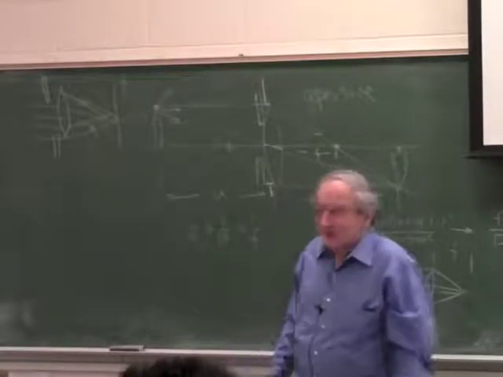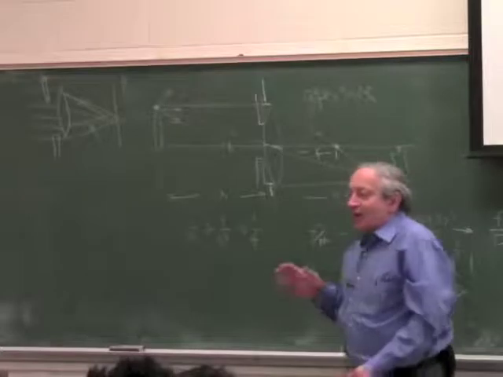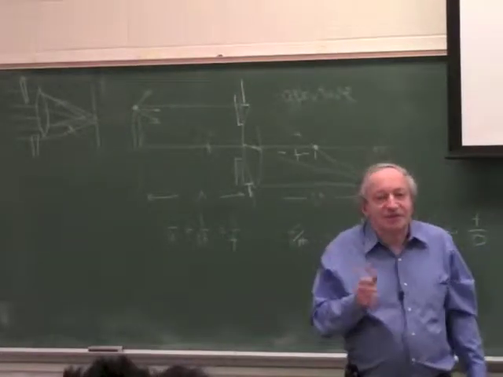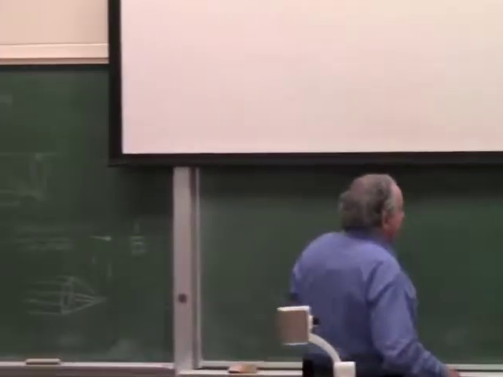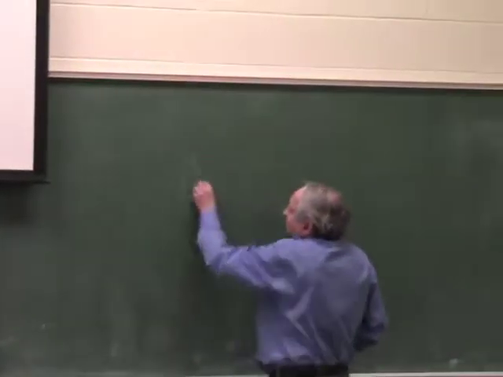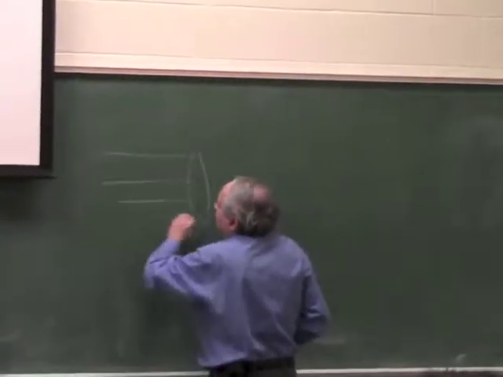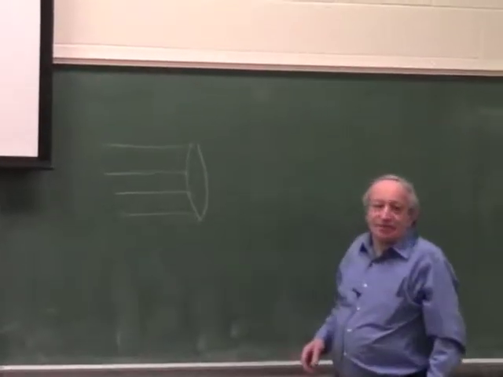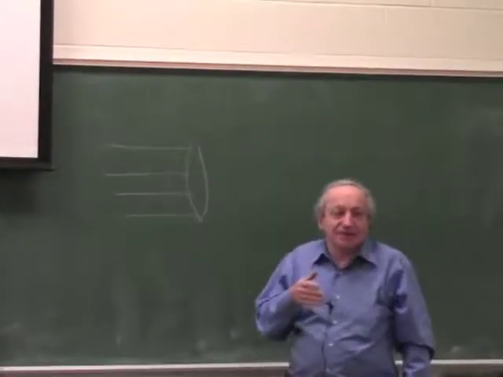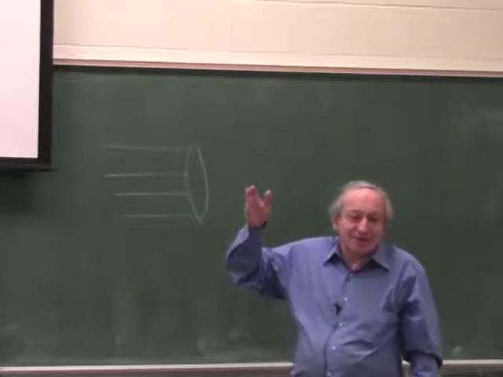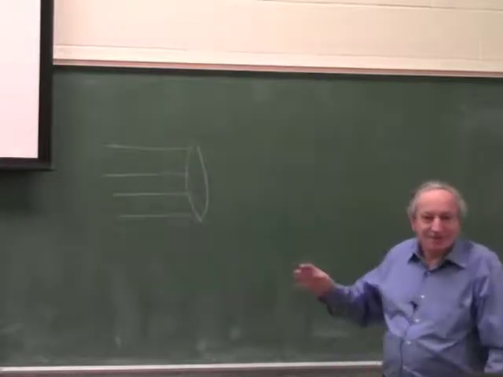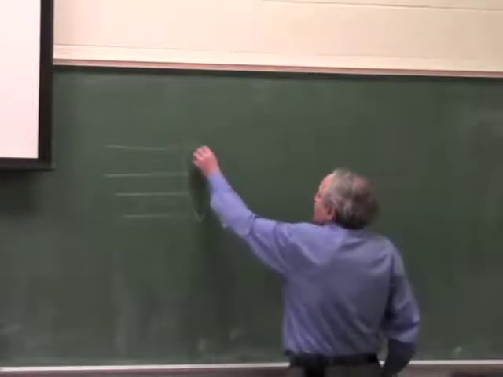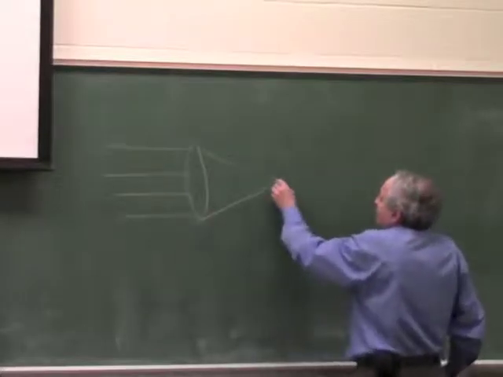Okay? So the depth of field means how far can you go left and right from focus and still get a good image. So the easiest way to analyze it, you take something at infinity. So if you take a lens and you take something at infinity, which means these rays are parallel. The same reason why the rays from the sun look parallel, because the sun is so far away that it doesn't matter that theoretically they're not exactly parallel, they're spreading. But the sun is so far away, it doesn't matter. Okay, so if you do this, and the rays continue, of course,